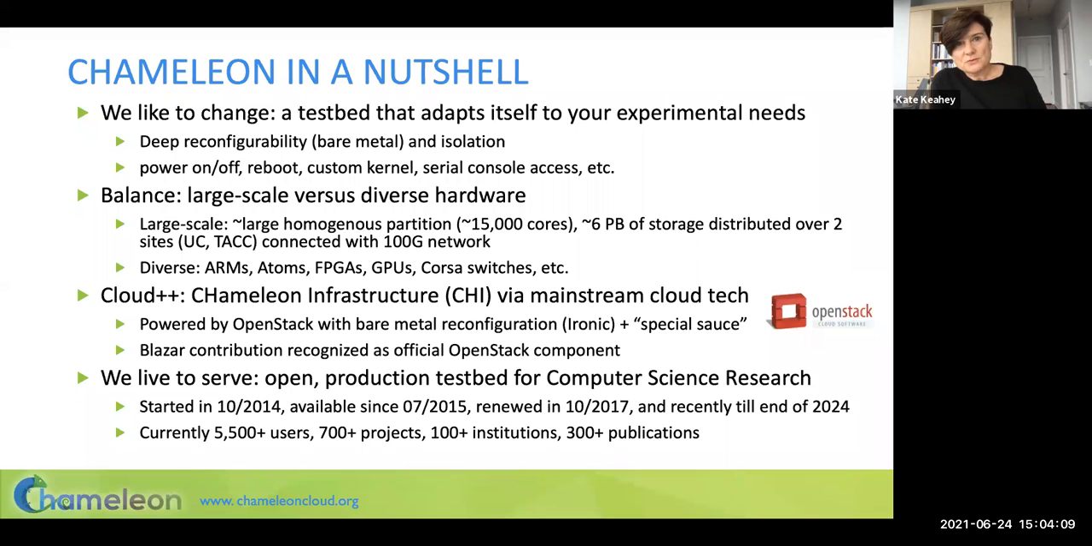In terms of hardware investment, Chameleon is composed of 3 sites, University of Chicago and Texas Advanced Computing Center. It used to be 2 sites, UC and TACC, but now recently we were joined by another site at Northwestern. And we've got investment in both large homogeneous partitions on both of those sites, but then also investment in a